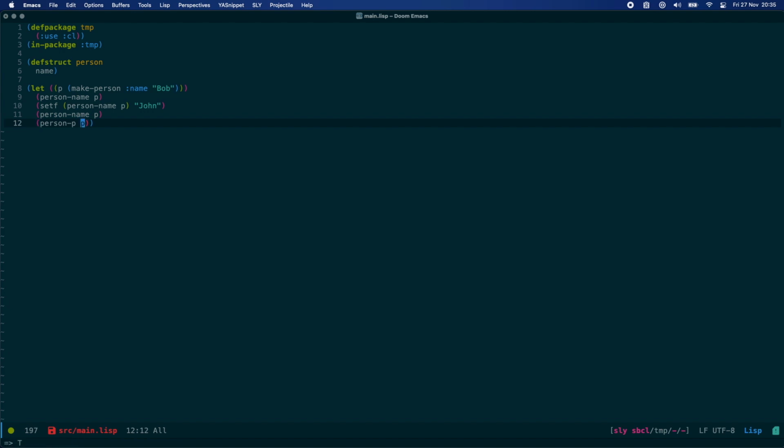So we get this person P function, and if we pass in a person object, we get T. If we pass in a number, we get nil. So we can determine whether an object is a person or not. And in addition to this,